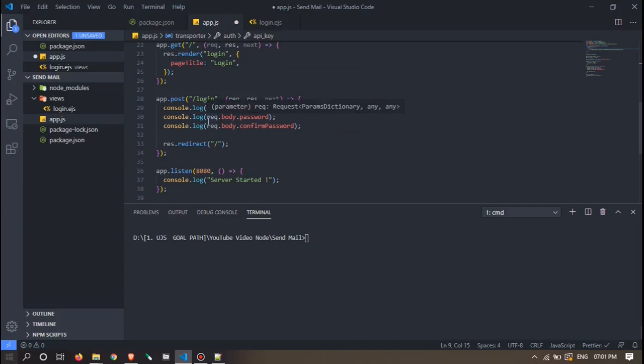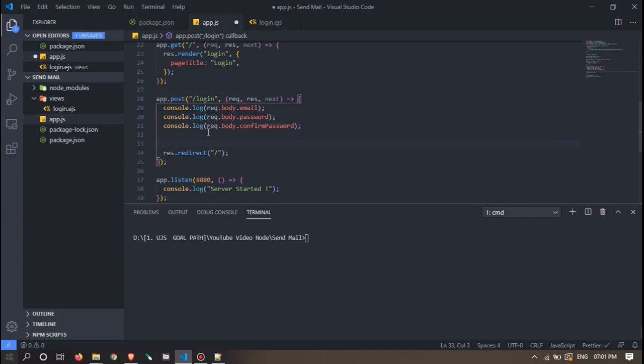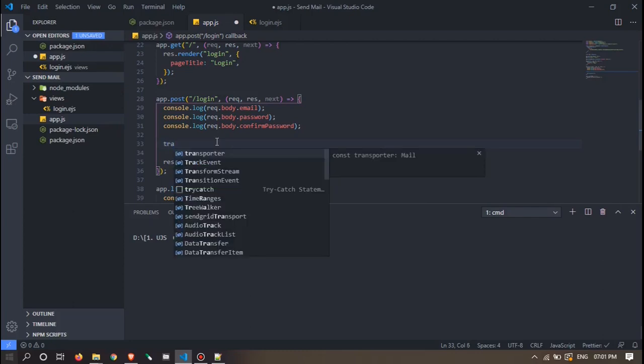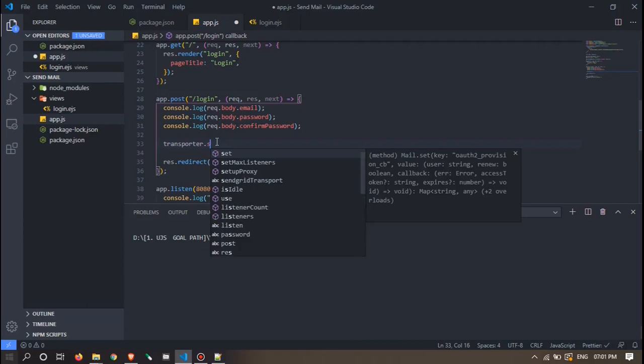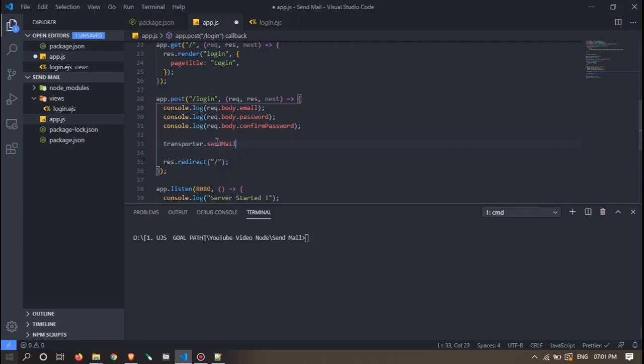Okay, so we will use it here after the post login, right? So we have access to mail. What we will do here is tell Nodemailer to send the mail. So we use the transporter that we created, and we have sendMail.